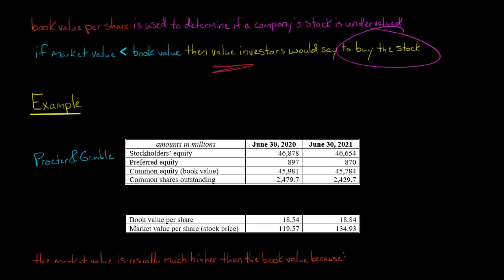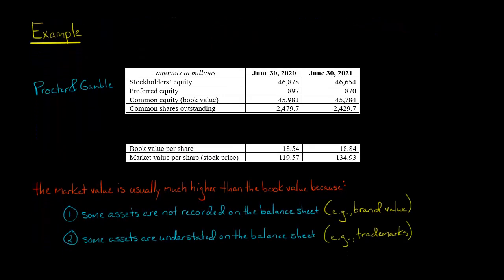Now, that was not the case. We see, again, that the market value per share is much higher than the book value per share. And for a lot of companies, for most companies, the market value per share usually is higher and sometimes significantly higher than the book value per share. And that's for a couple of reasons. Number one,